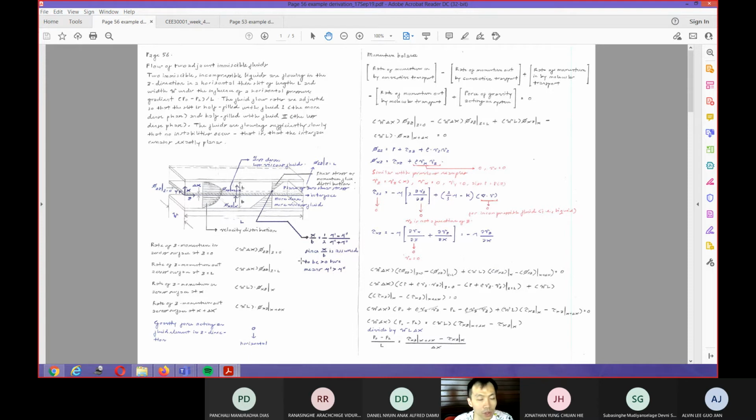Which one is the positive and negative, Jonathan? You tell me, because I talk about too many things, the positive and negative. You let me know which one is the positive and negative. Triangle. Oh, so this is not a triangle actually. This one is actually a profile of the shear stress in here.